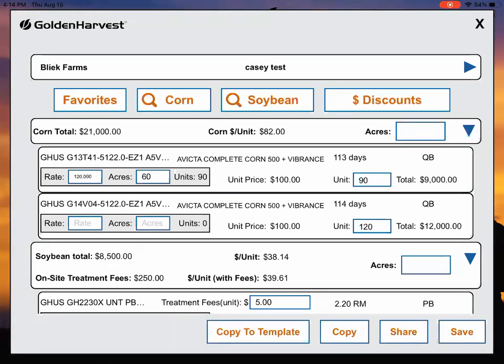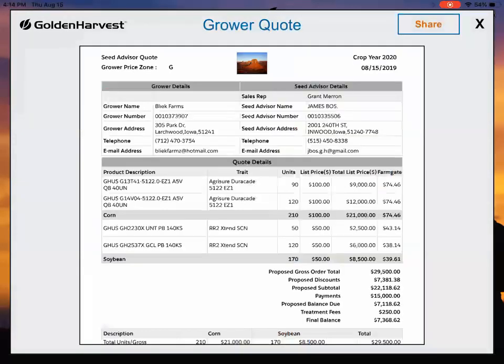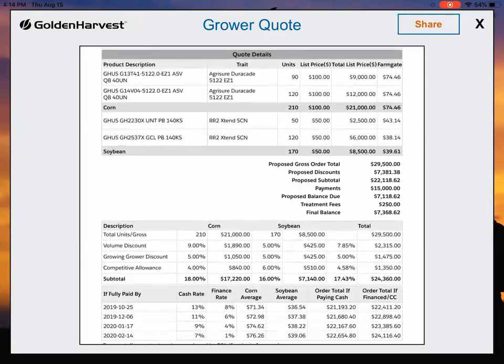I'll go to the share button on the bottom in the middle. And what that's going to do is generate the output of this quote, and it's going to show my administrative header data with the sales rep, seed advisor, and the grower name and address information. And then it's going to get into the quote details that shows my 4 line items of product that I